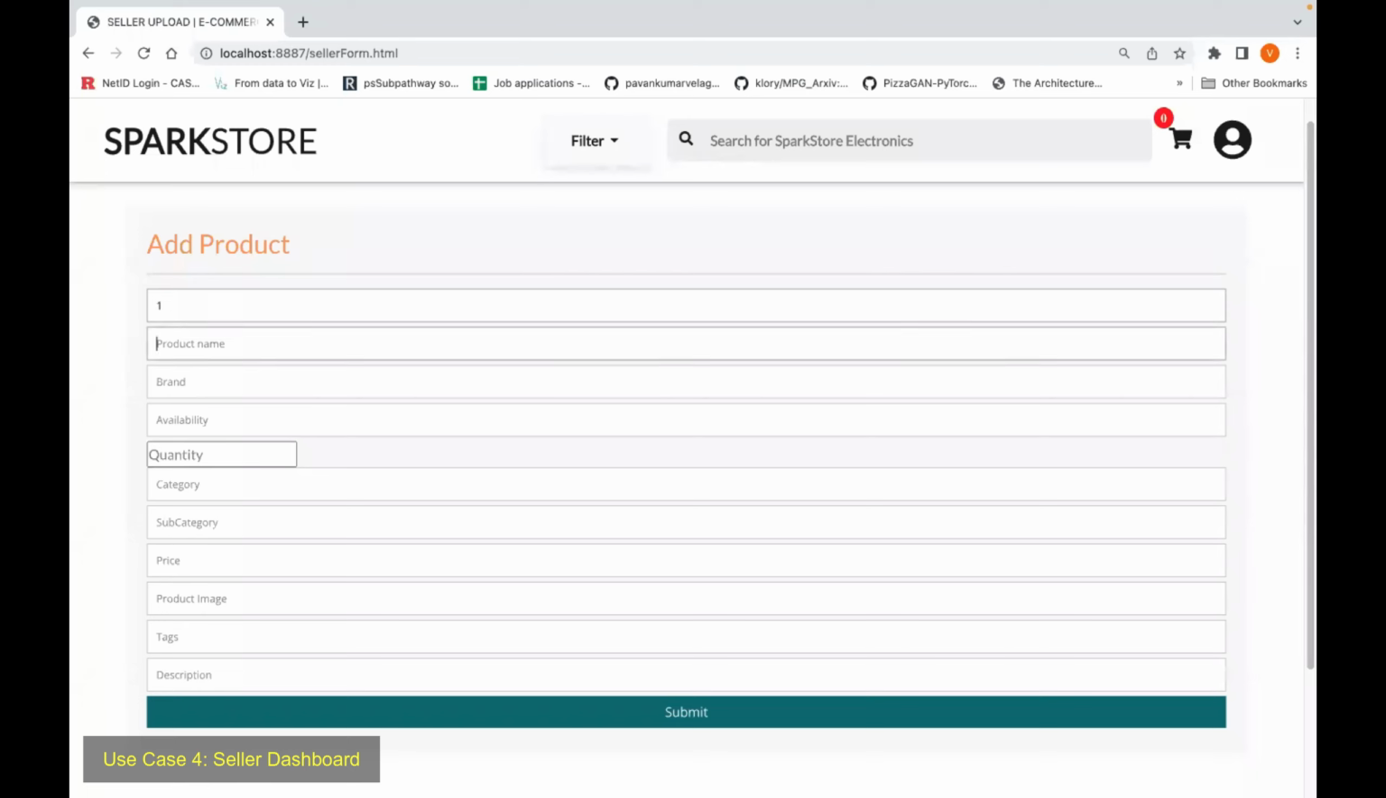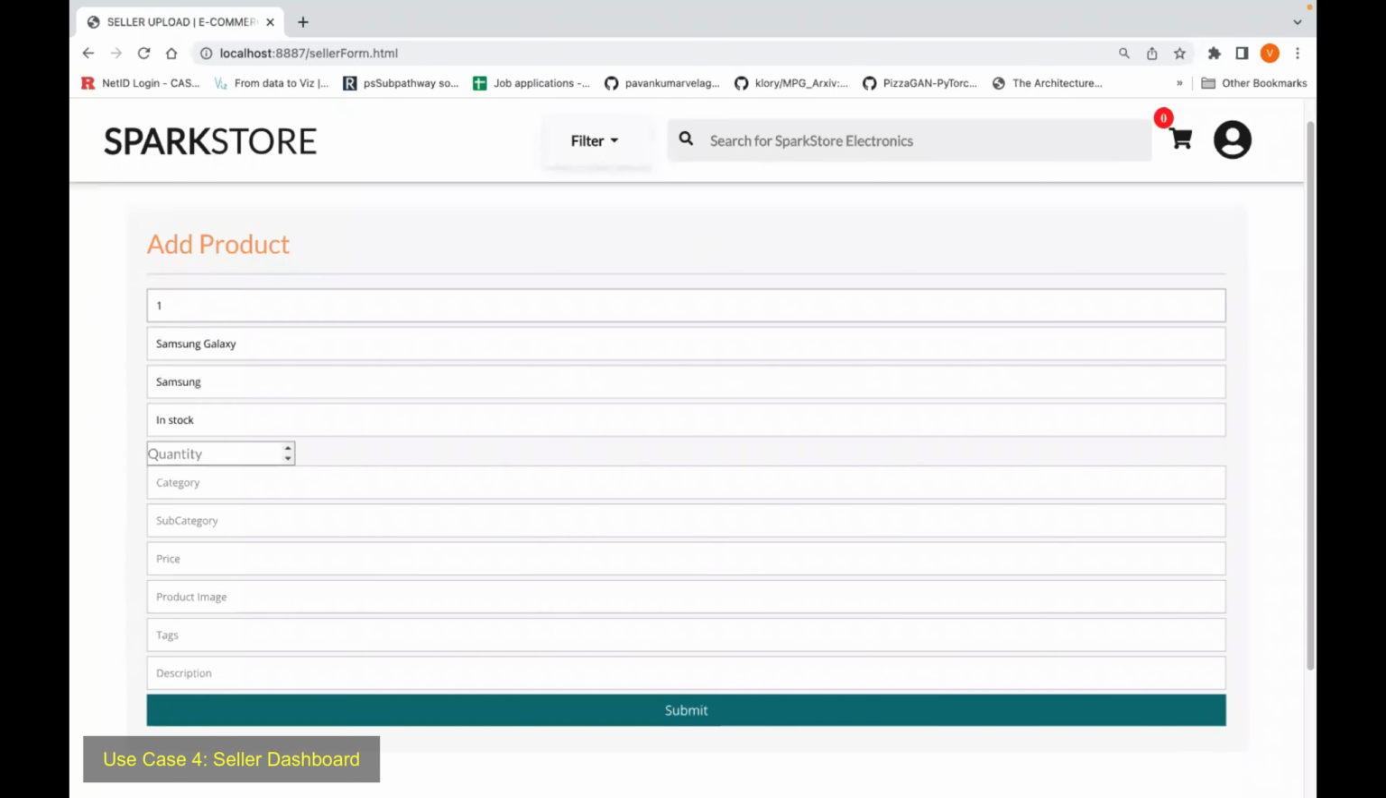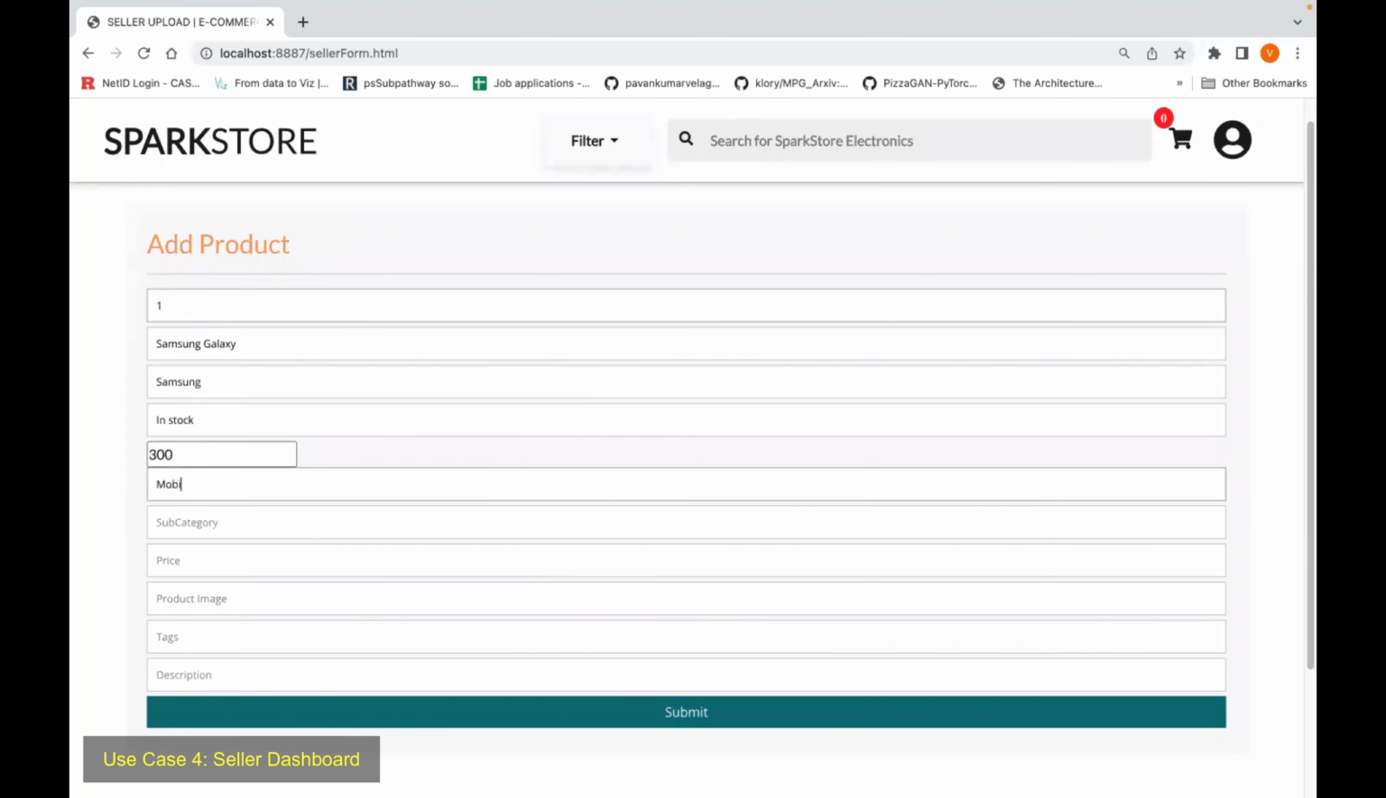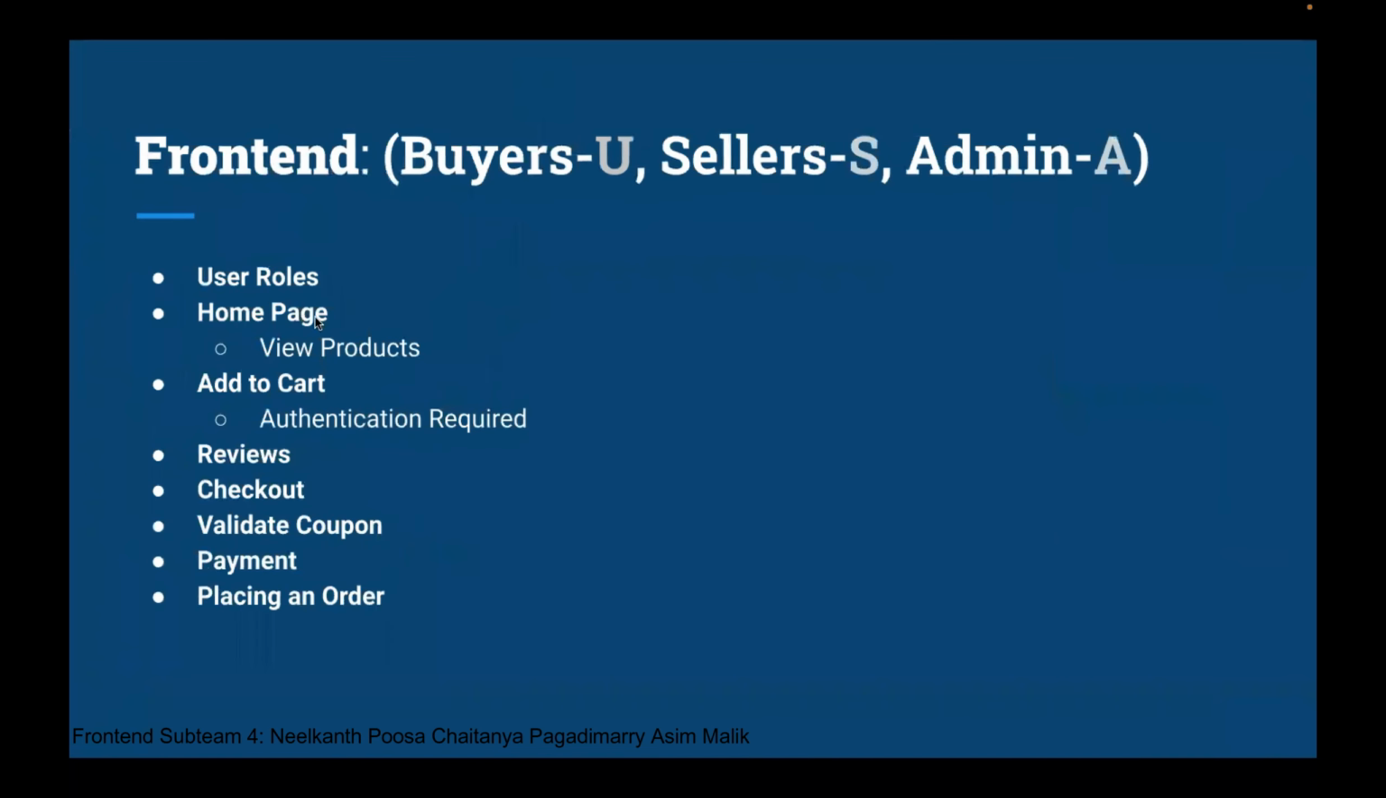Let me just give it Samsung Galaxy. Brand is Samsung. Let me say available stock, there are about 300 units. This category is mobile and all this. So once I do this and submit, it's going to be added. So this is with respect to the seller workflow. There are multiple more features, but in the interest of time, we are stopping it. So we have covered all these user roles, homepage, add to cart, reviews, and coupons and all this stuff,